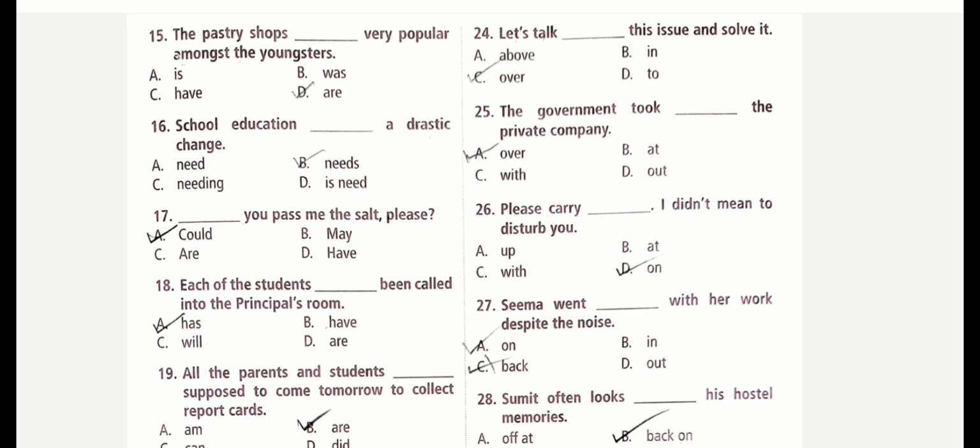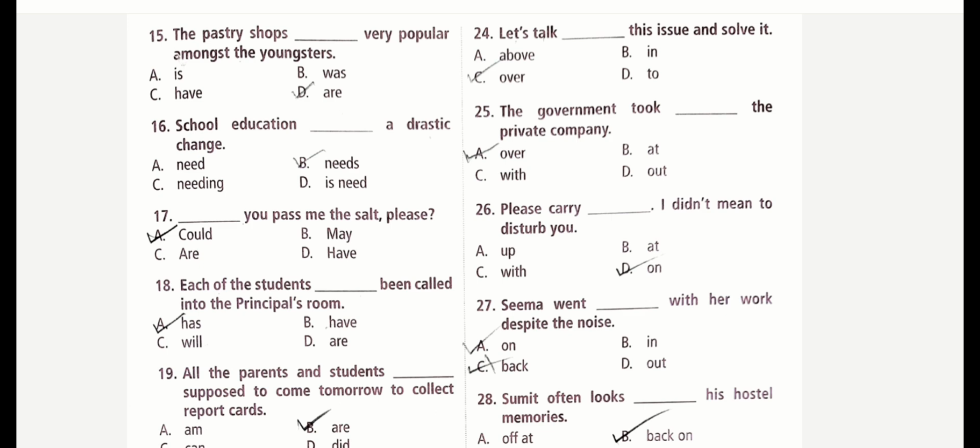In the sentence, the subject pastry shops is plural. Okay, that is referring to multiple shops. When the subject is plural, the correct form of the verb to use is are. So you understood? Pastry shops is referring to more than one shop, and this is a plural subject. So the verb are is the plural form of the verb. Okay,